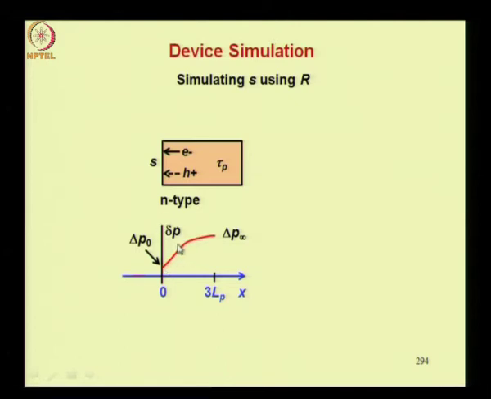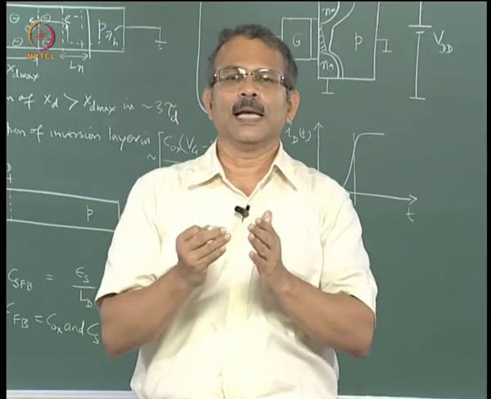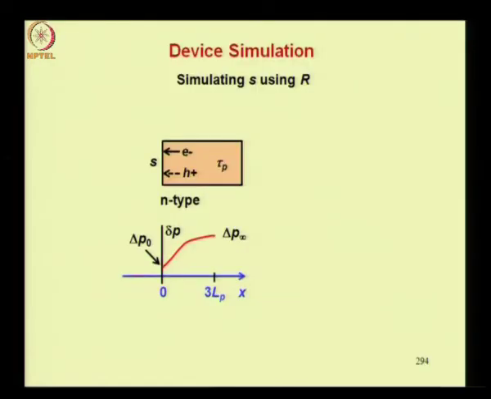We have shown the excess hole concentration as a function of x. You can similarly show excess electron concentration. You know that quasi neutrality holds usually and therefore delta n will be equal to delta p, at least approximately. So we would like to simulate a minority carrier distribution as shown here. The value of this excess hole distribution is delta p suffix infinity for x very large, and it dips down to delta p suffix 0 at x is equal to 0 where you have surface recombination to create this tendency for the hole current.